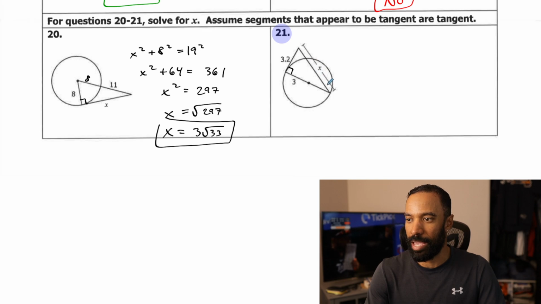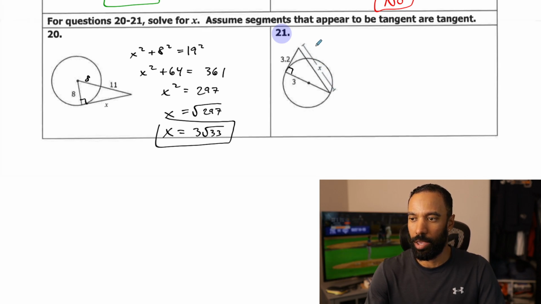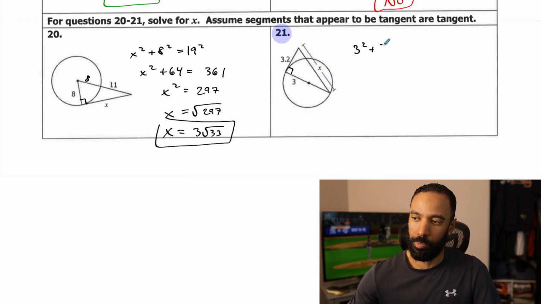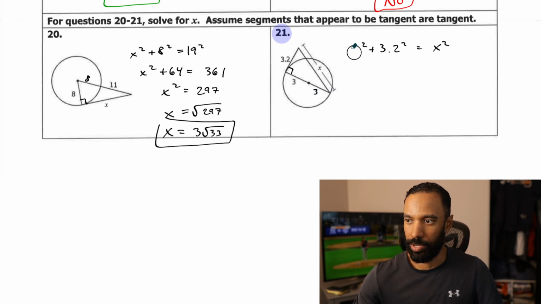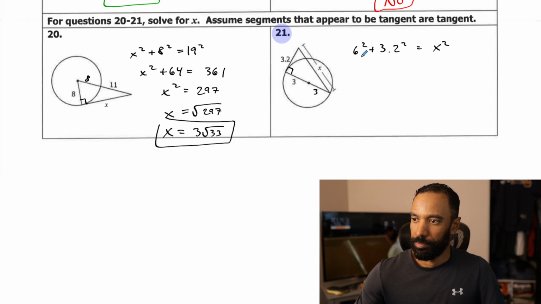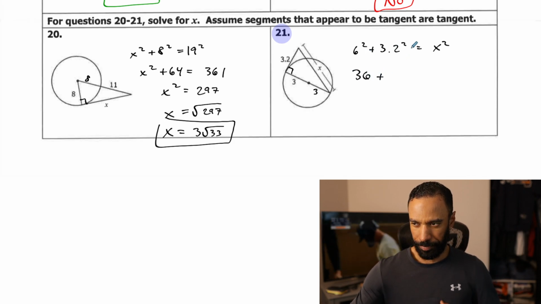Number 21, this time x is the whole thing. They really indicate that. It's our hypotenuse. So 3 squared plus 3.2 squared equals x squared. Oh, what did I do? But this part, that's a 3, that's a 3, that's a 6. 6 squared, 6 squared. Okay, so 36 plus